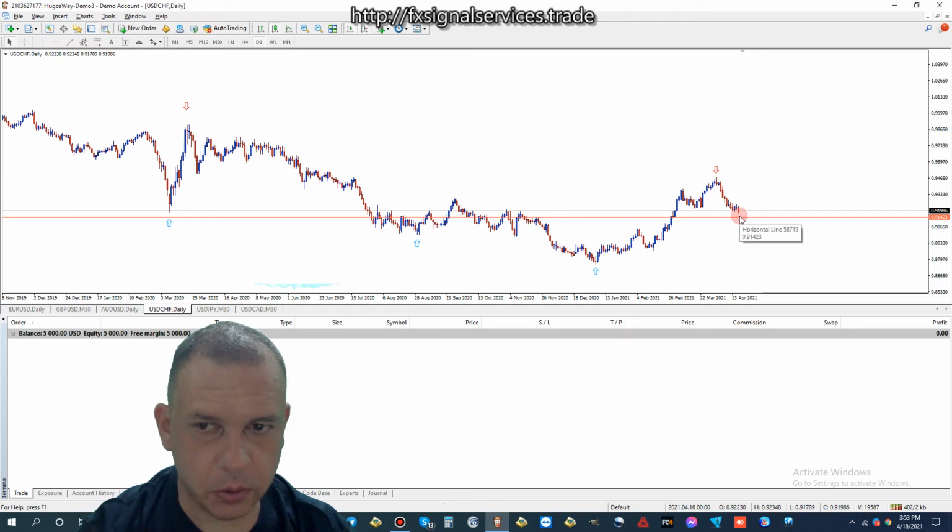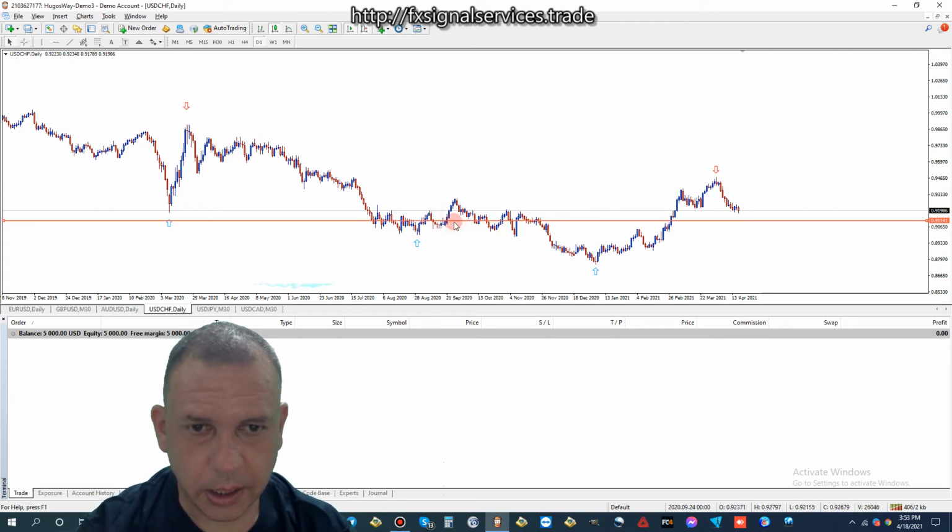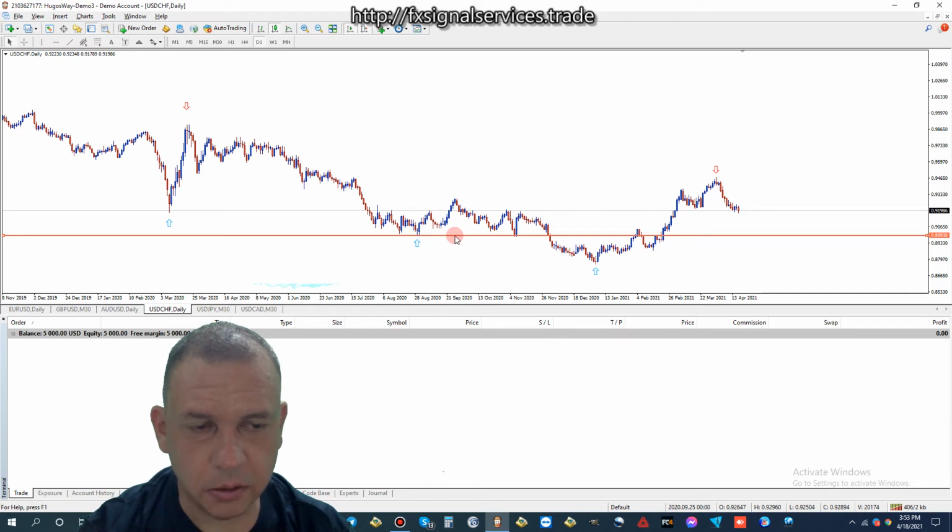Okay, so now there was a blue arrow here before, but basically the price already hit that and didn't form a blue arrow. So I'm thinking it's going to drop a little bit more. Now there's a blue arrow here. Yes, it could drop there as well. I'm just not feeling that this is going to drop that far.